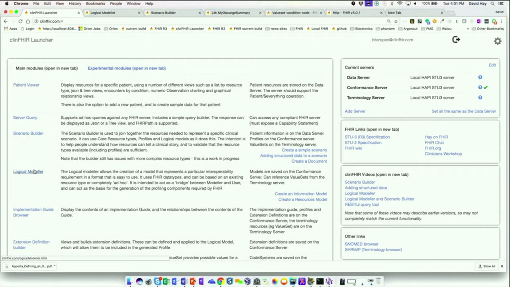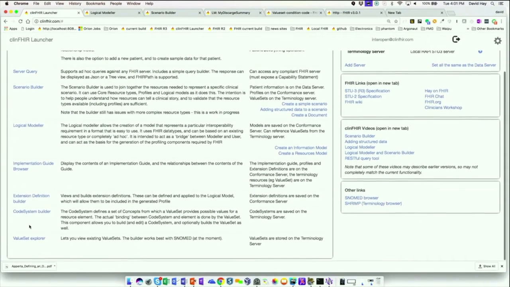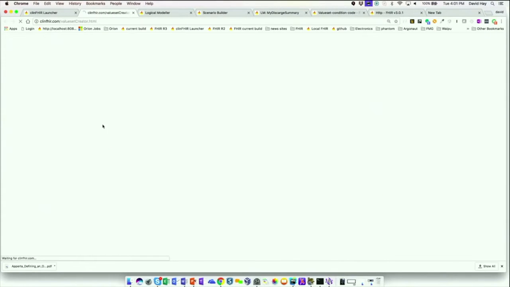They're not on this one. So everything still works, but I'll only see stuff which is on my local server. So if I go to my value set explorer,